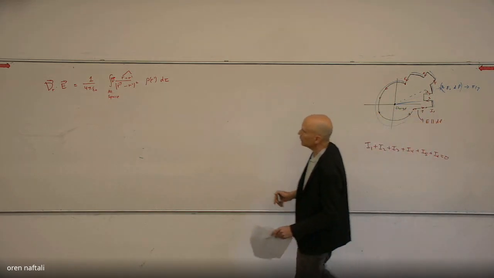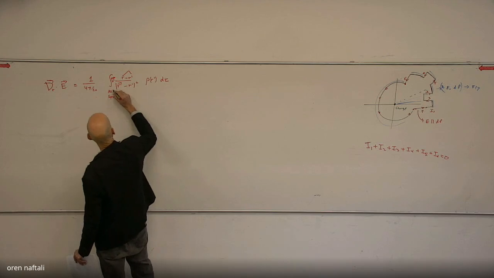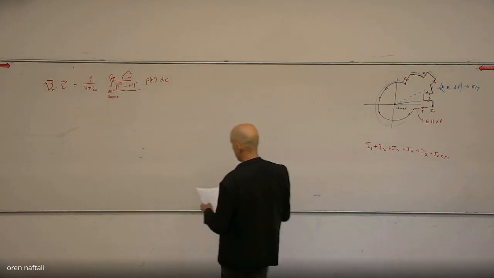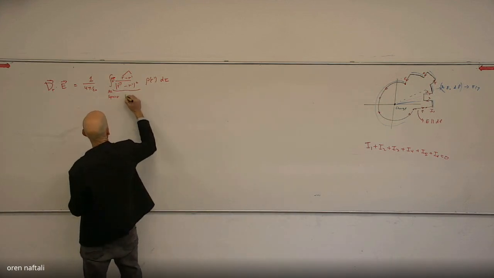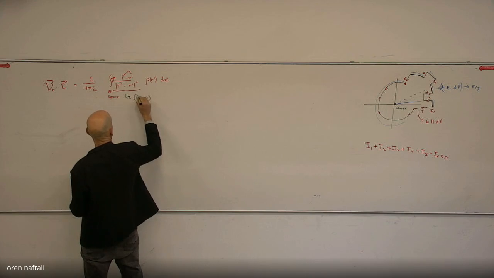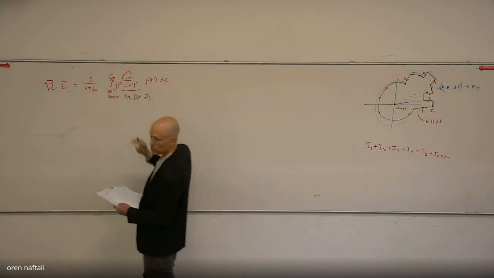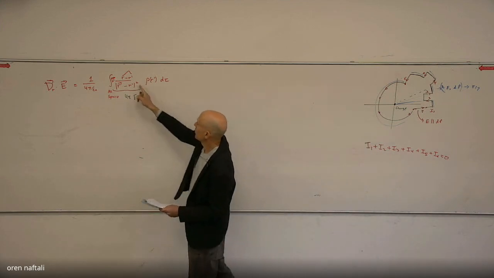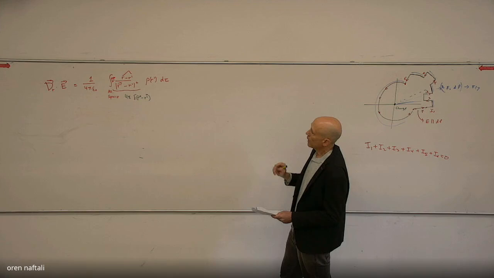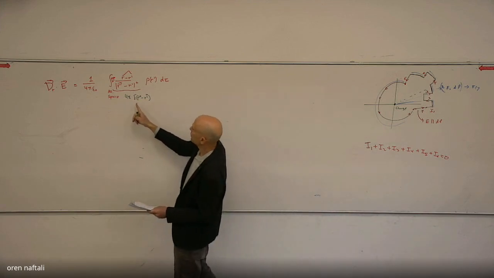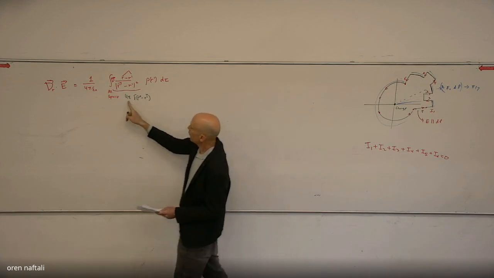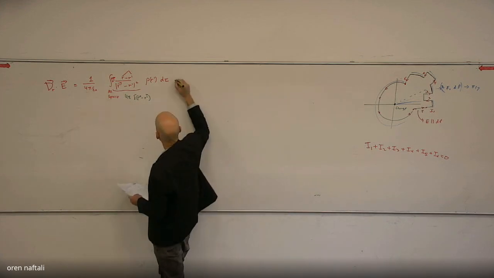So the whole idea is that this object here, so believe me for a second, is 4 pi delta of r minus r prime. And this is a mathematical identity, if you wish. If I integrate over a delta function, this is a delta function in 3 dimensions, the 4 pi here will cancel this 4 pi, and then we get